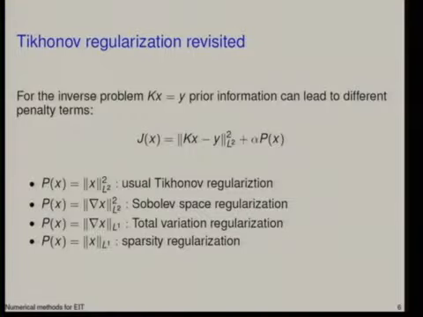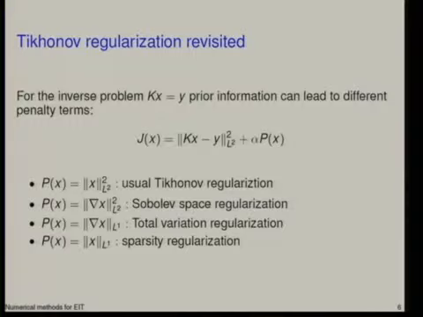So this term here you can think about as having to do with the model of the noise. Actually, Kx minus y here would be an estimate of the noise in the problem. Whereas this term has to do with what we already know about the solution we're looking for. We say, okay, we want to penalize some features in this x. So in one sense, this specifies what kind of solutions we would like to have. And there are many choices of norm that one could choose, and it's all being done all the time.